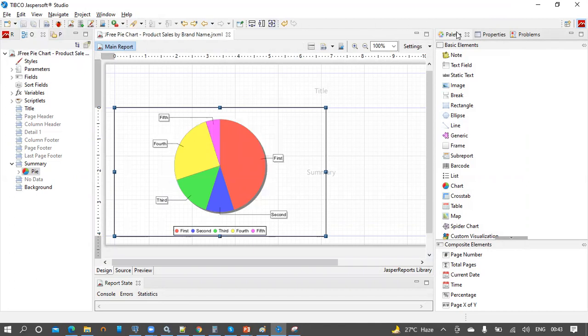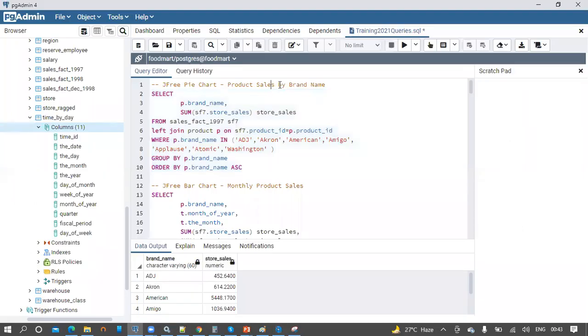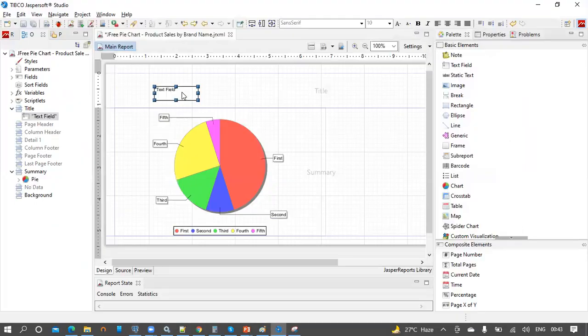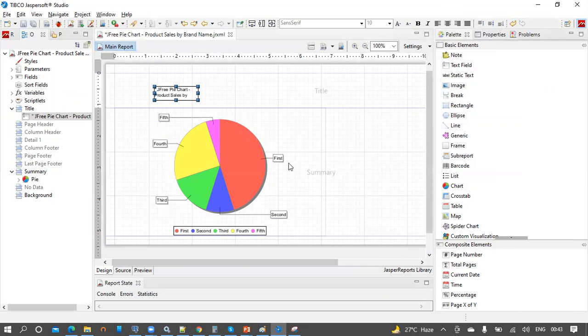Click on save. Let's give a title to the report. For that, let us take the text field and give it a title. I am going to use the same name that I used for the saved report name. So within the double quotes, let's give the report a name.